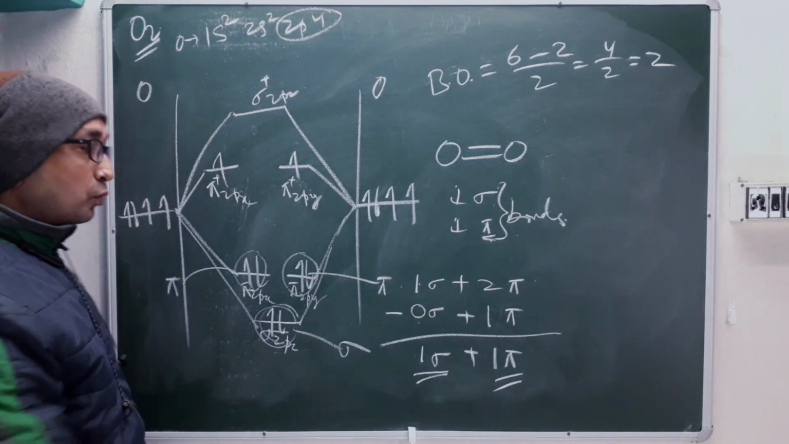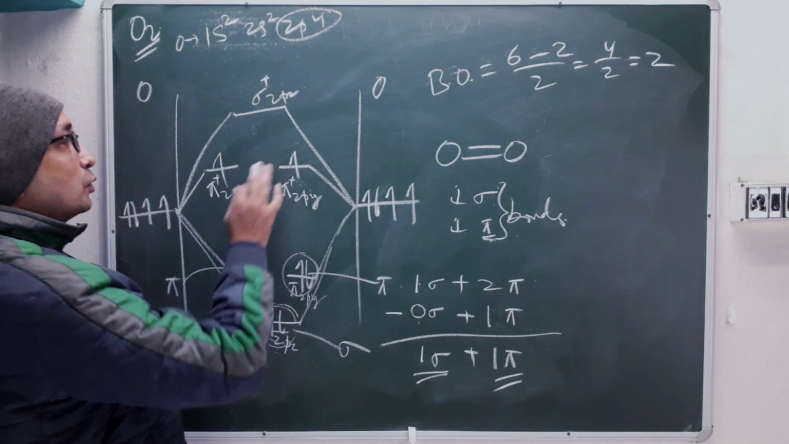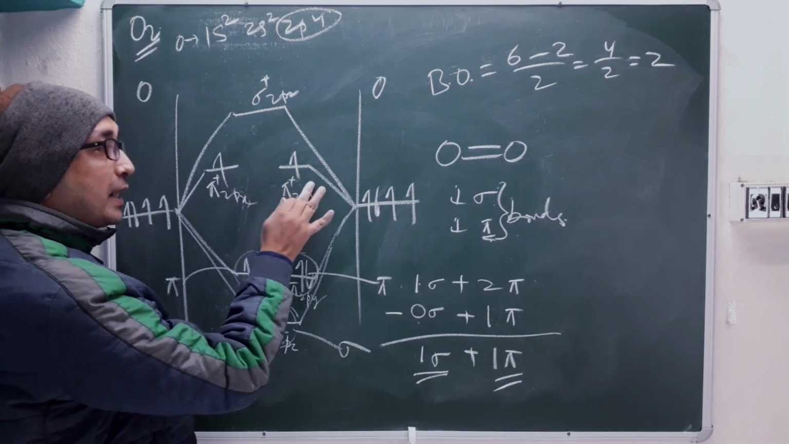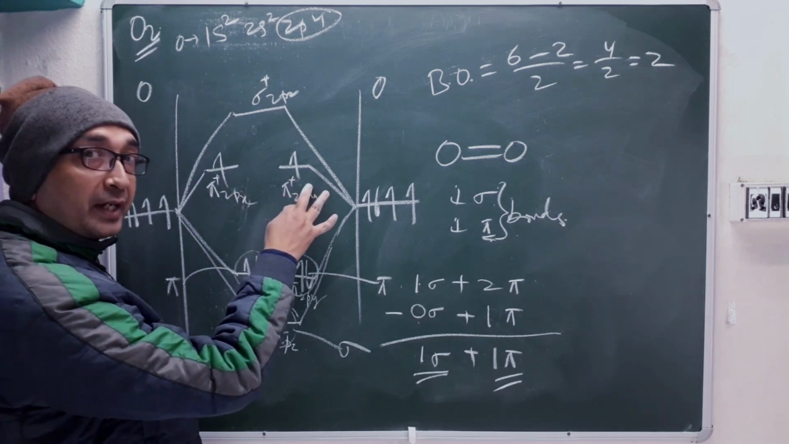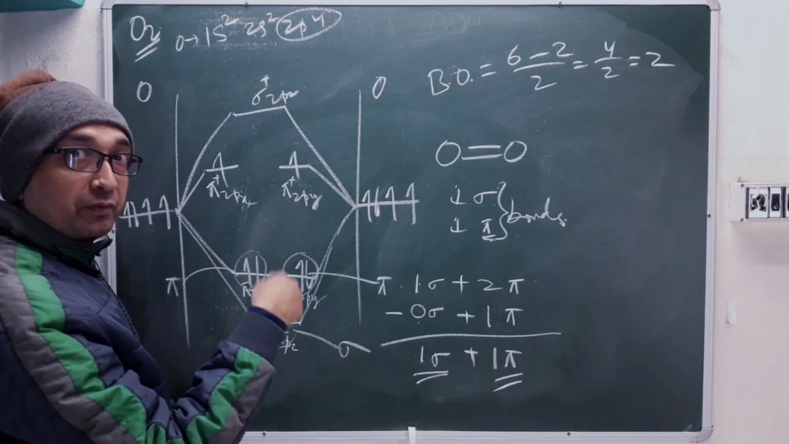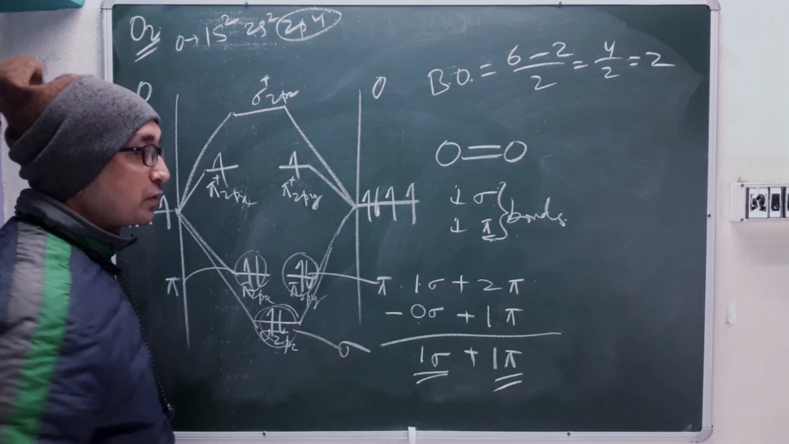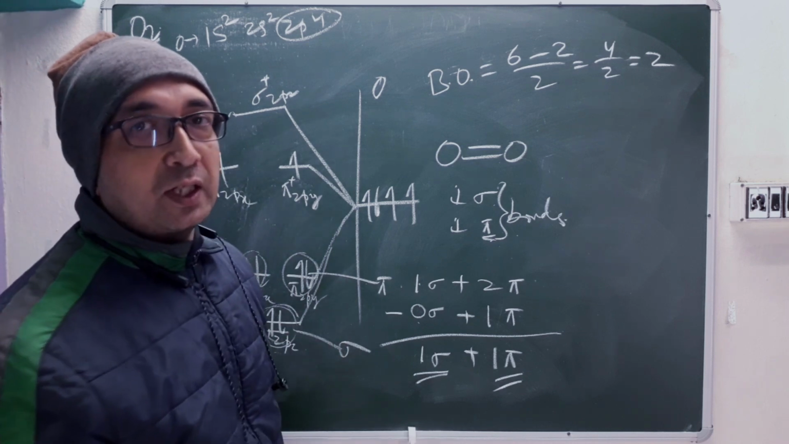Correct? So what is happening? If they are saying that we have 1 sigma and 2 pi, here the anti-bonding electrons are in pi star, right? So what will it be? The reduction will take place in the pi bonds, right? So likewise we are solving this. Okay, so I think